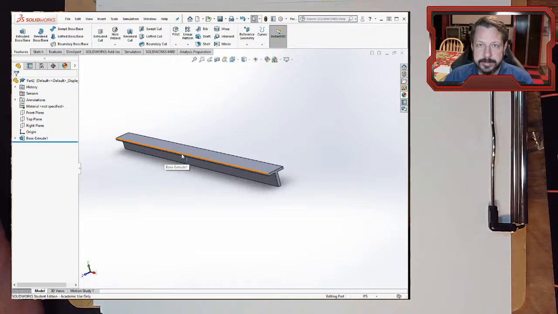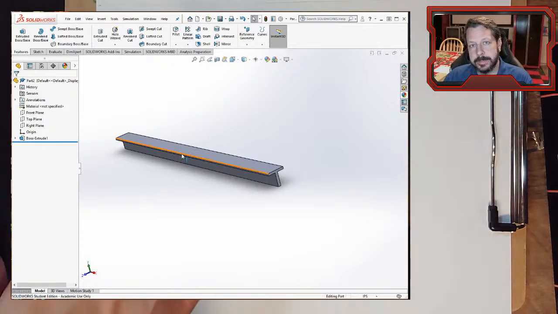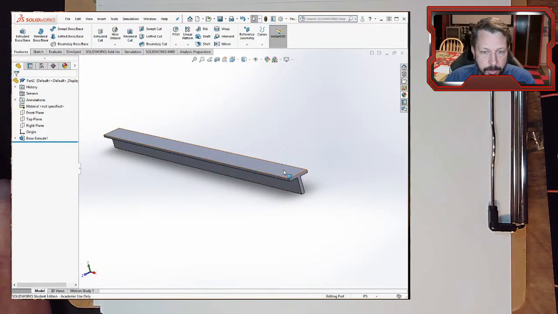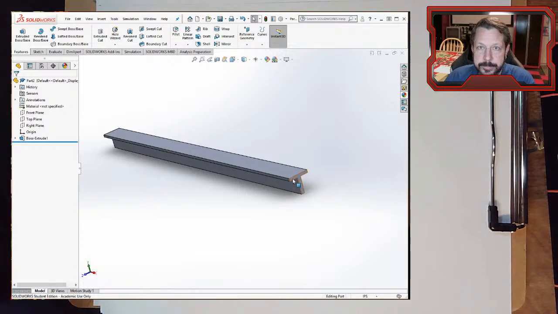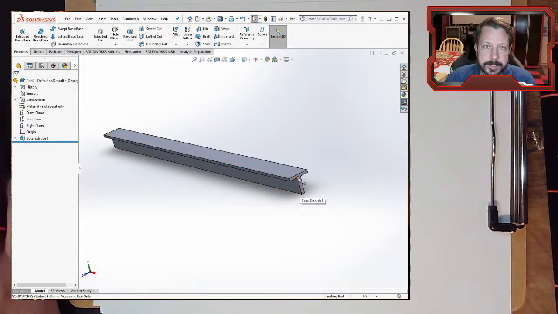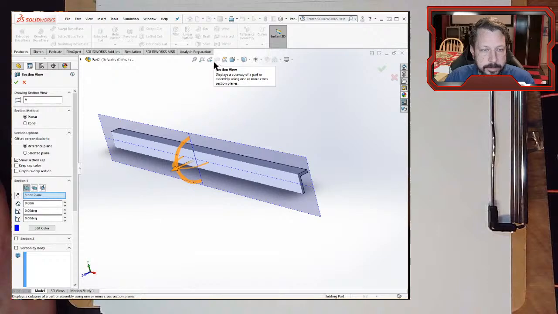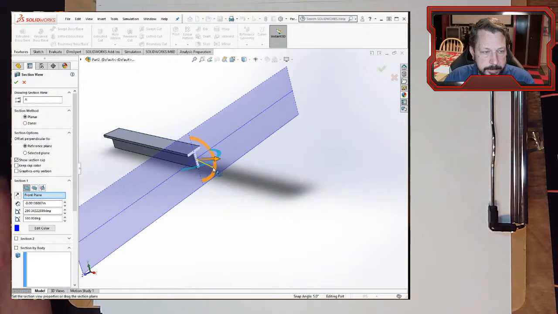A couple of things have to be true for the centroids that we're going to work on here in a second. So one thing is that down the whole length of this beam, it can't change shape. It can't be a square on one end and a T on the other end. It can't change density or weight from one end to the other. So this end over here can't be heavier than this end over here. It needs to be more or less the same density throughout the whole thing, same shape the whole thing, and our cross section, not that one, this one,